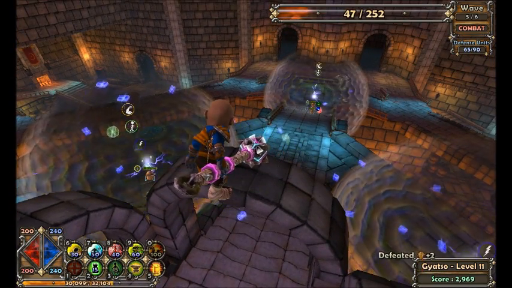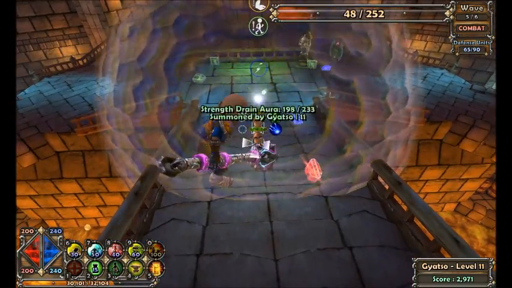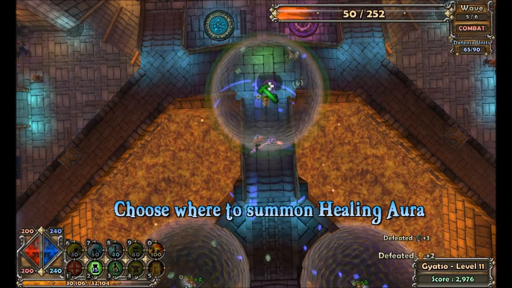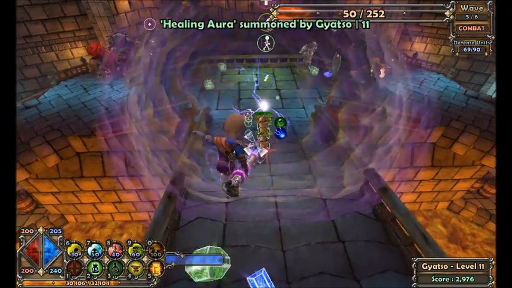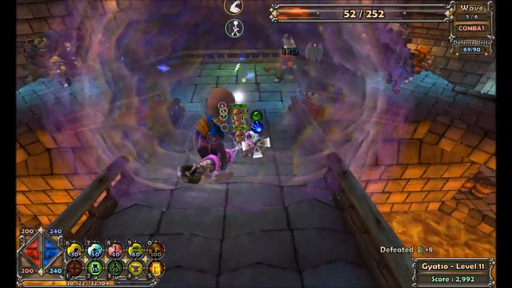They were good. Alright, and actually something I should do now, before I forget, is put a healing aura right about here. That way when the ogre comes through, I can stay within the healing aura and just use that as my protection